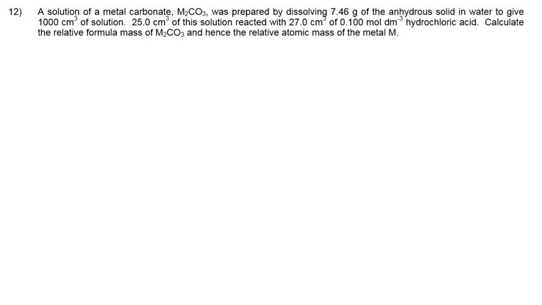And then we have to calculate the relative formula mass of this unknown metal in the carbonate, and then the relative atomic mass of the unknown metal. Okay, so that's what we've got to do. And there's generally two ways of doing this. One is to form a complete sort of plan in your minds before you start. That's possibly the best way, and you'll be able to do that after you've done quite a lot of